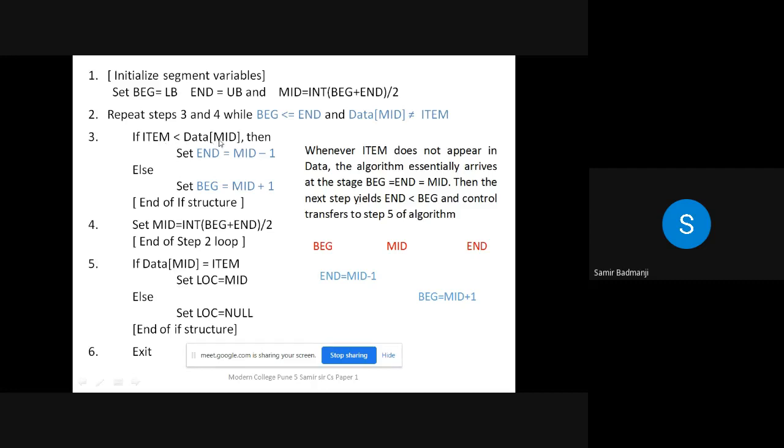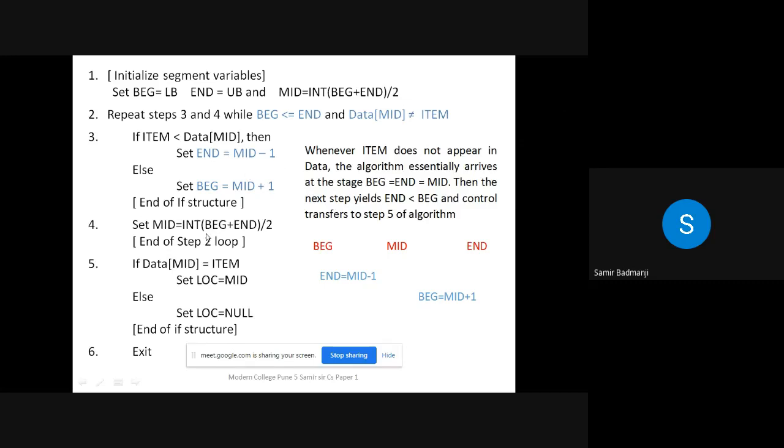If it is less than data mid, then set end equal to mid minus 1. Else set beginning equal to mid plus 1. End of if structure. Now set mid equal to int of beginning plus end by 2. So what is mid? Mid is the midpoint.